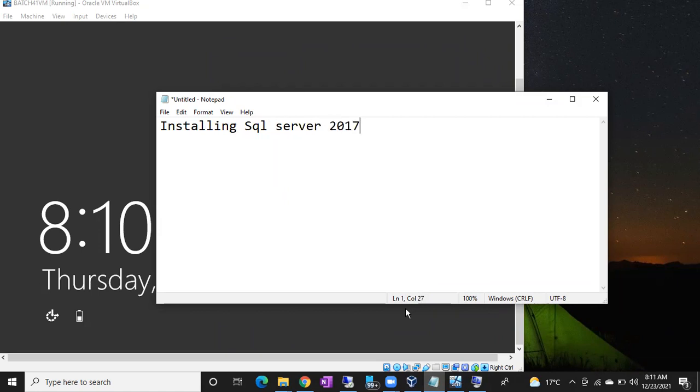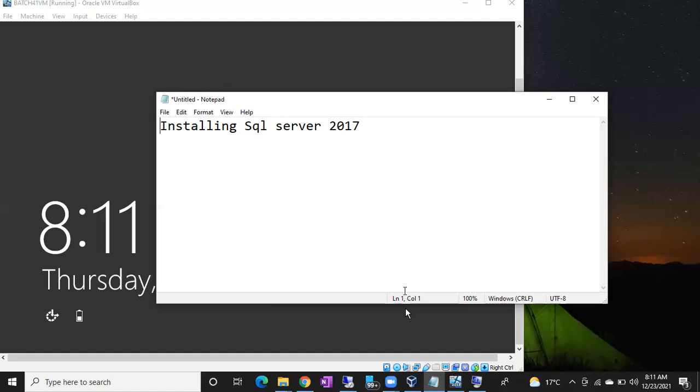Installations, there is no difference. There is no different process for installing 2012, a different process for 2014, a different process for 2017. No, all are the same. You might get one or two extra screens, depending upon the version, that's it. But the process is the same. There are no different processes in installing the servers, named instance one process, default instance one process. Any version we install in the same way. This is the same format, guys.